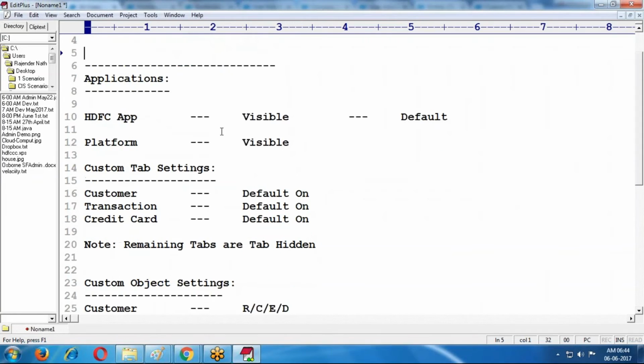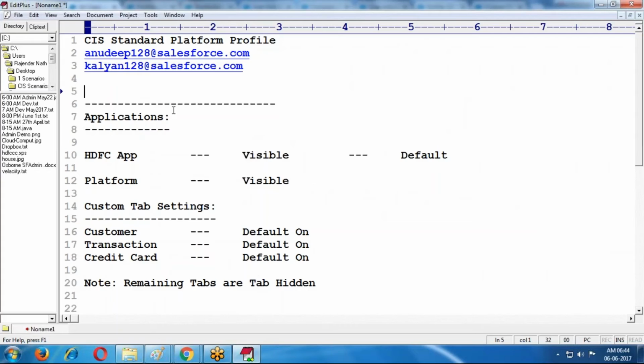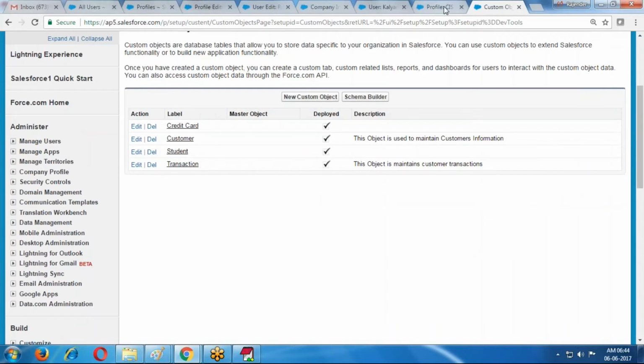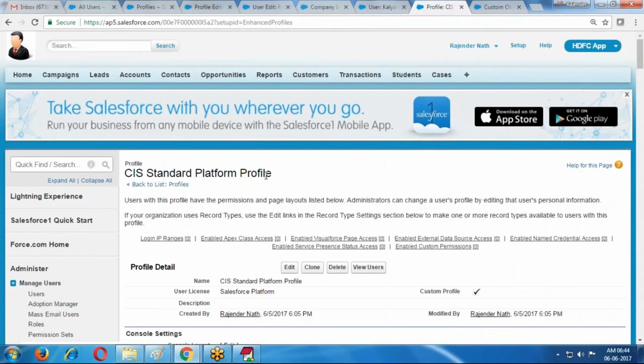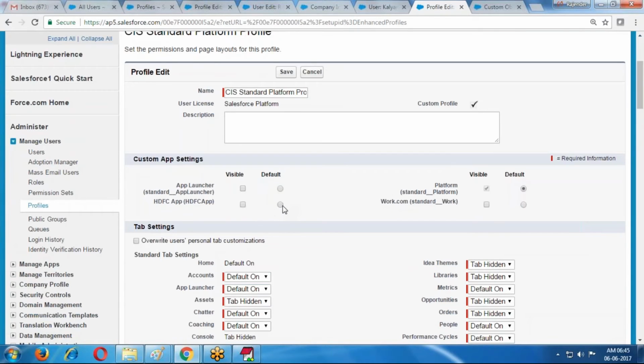For these two users, I am providing the same type of profile. Whenever I provide the same profile, these two users get the same type of permissions. So in your profile, we are changing the permissions. What is the profile name? The profile name is CIS standard platform profile. I am editing, and here HDFC application visible and default. One more, platform, is one application.